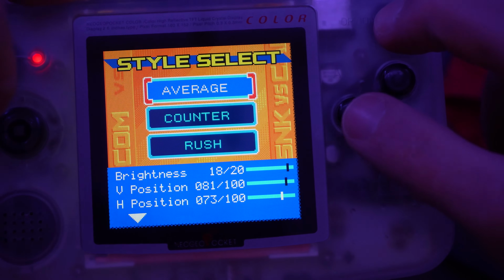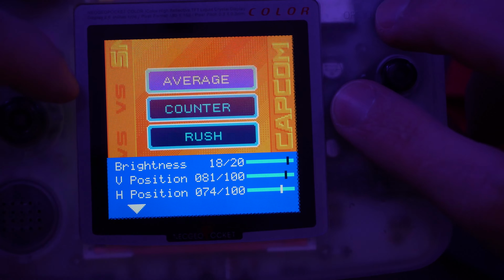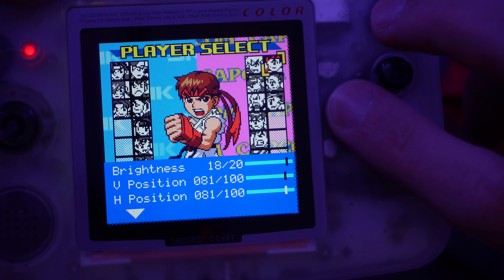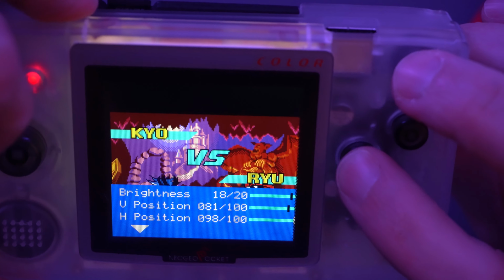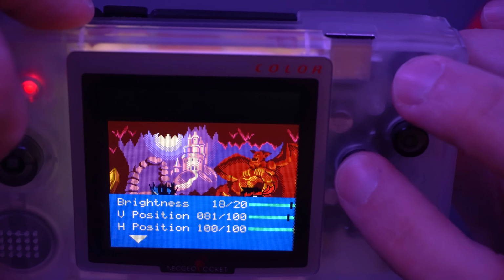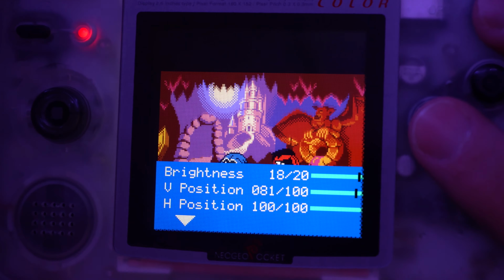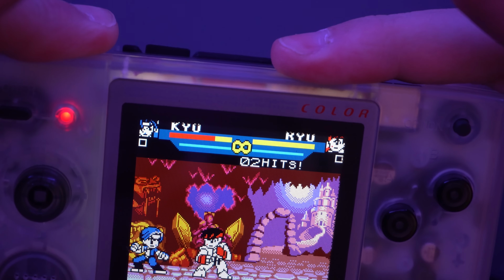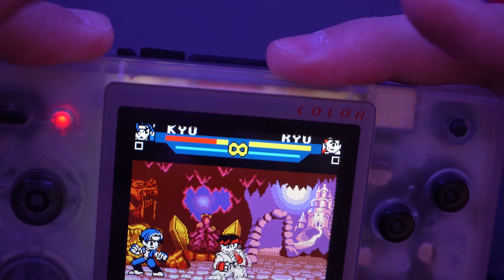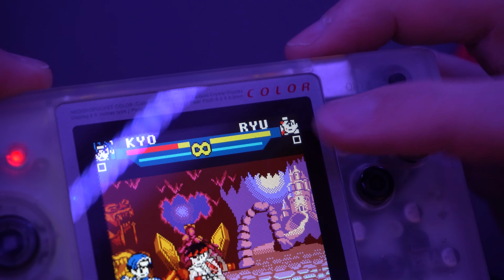So option and A allows you to enter into one of the settings, and then A and B let you slide up and down. And if you see here, the screen lowered significantly by changing the horizontal position. So I changed that back and want to show here the